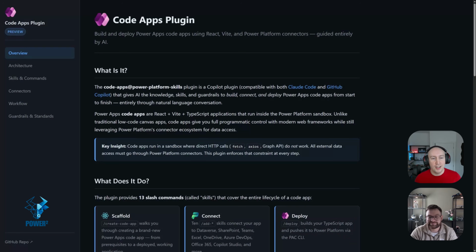vibe.powerapps.com is still in preview, but did you know you can get the same experience using the Code Apps plugin? Let's dive into that a little bit more and explore it. Charles, what is the Code Apps plugin? Sounds impressive, doesn't it? So the Code Apps plugin is very similar to the Canvas app plugin that we showed